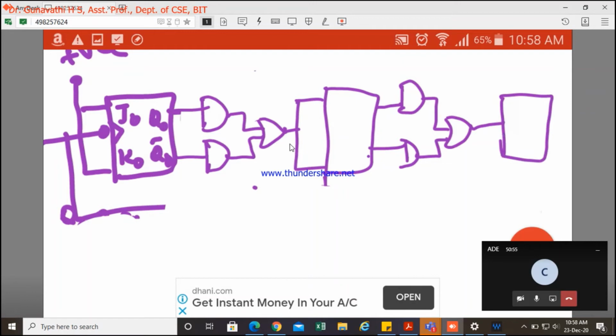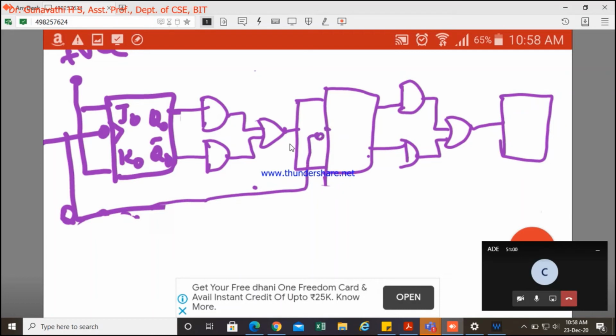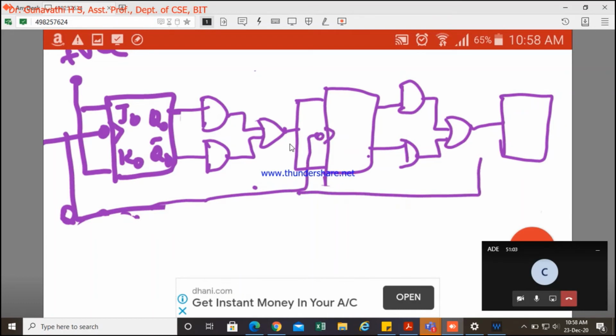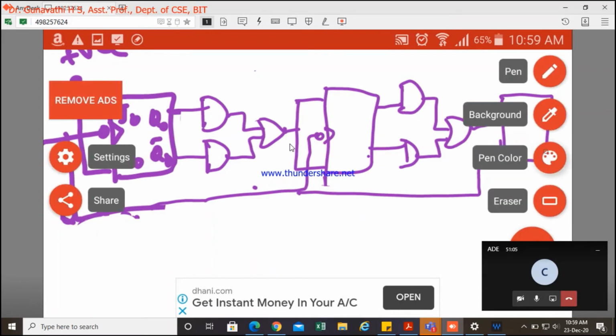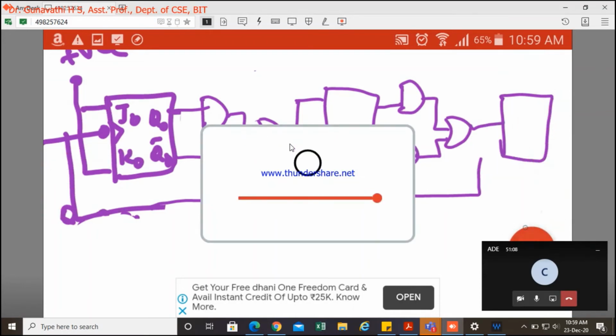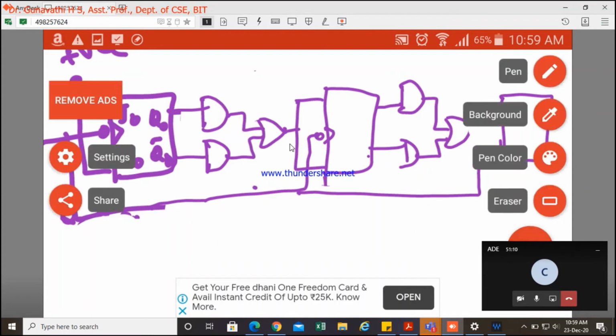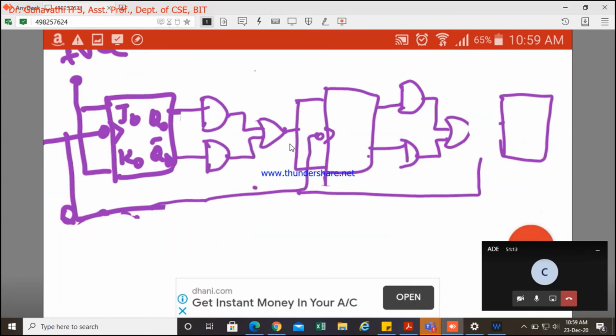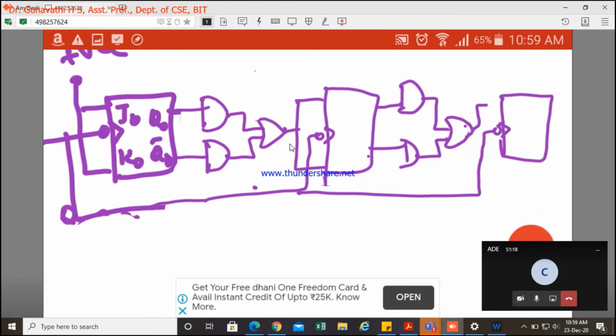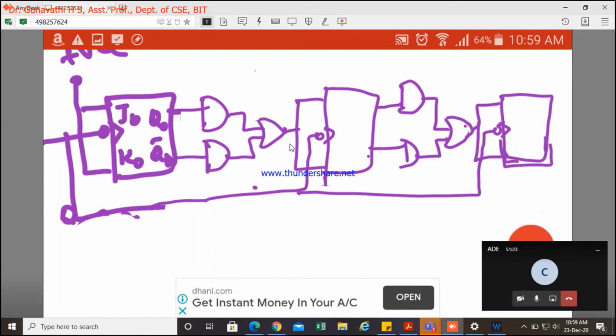So this is how we write it. And we know the clock is simultaneously connected for all. Oh, sorry, here I made a mistake. So what is the change in this now? The Q0 output should be connected as an input for the next stage when it is an up counter.